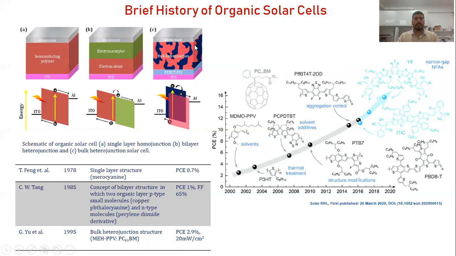But right now, the devices which are based on this structure have achieved a very good efficiency. Their efficiency is approaching 16%. Here you can see the trend: in the year 2000 the efficiency was low, but right now it has crossed the 16% landmark. You see the black dots. These represent the devices based on PCBM, and these blue ones represent the non-fullerene acceptors, and these are the polymers which have established a landmark in achieving the highest efficiencies.